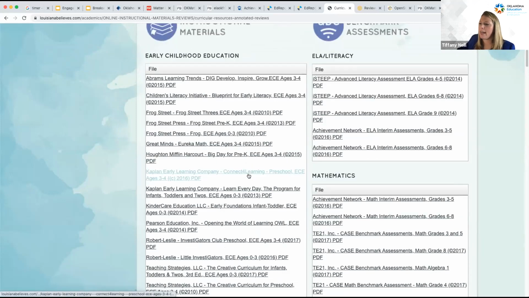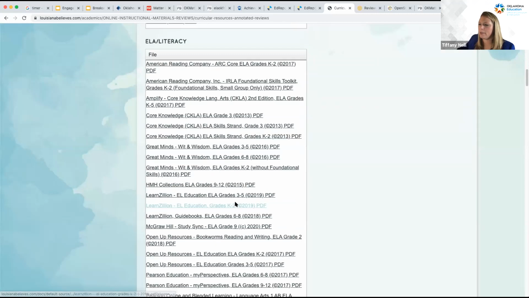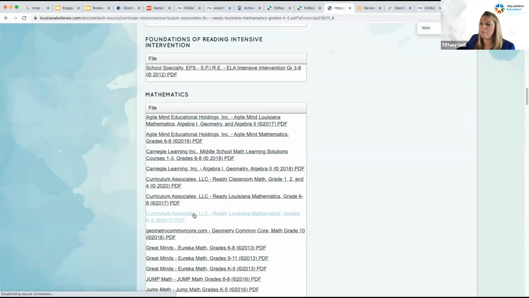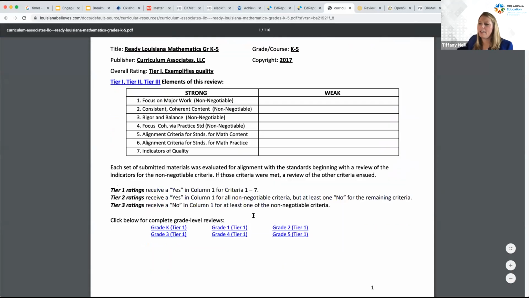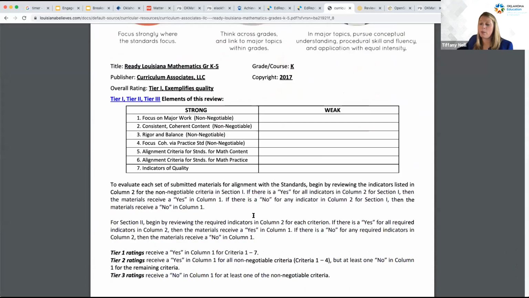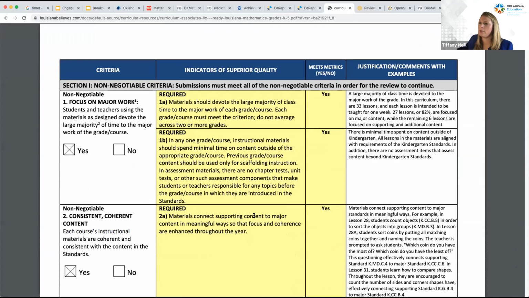And when you take a look at any of these evaluations that have been done, let's take a look. I'm going to scroll down to maybe math K through 5 here, as an example. If you take a look at the evaluation that's been done, remember this was a team of teachers in Louisiana that came together to look deeply at the materials.